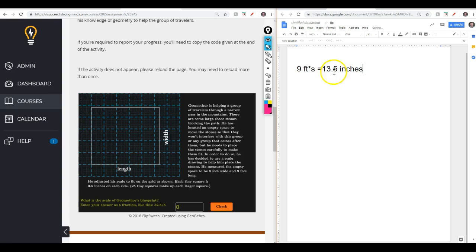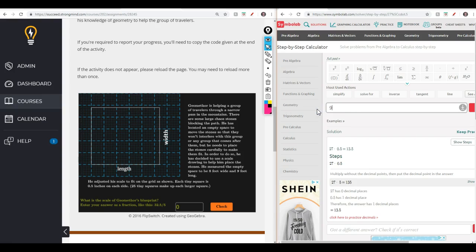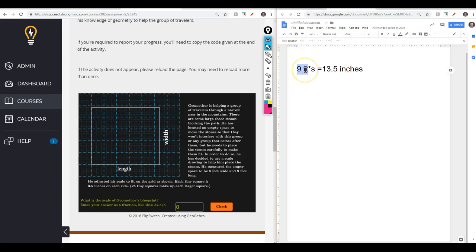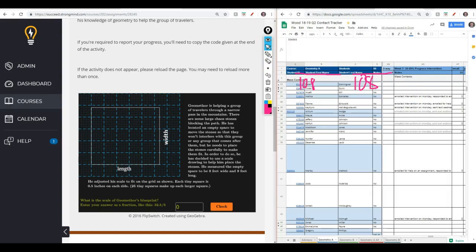So the first thing that I'm noticing when I'm setting this up is this is feet and this is inches. So I'm going to convert all to inches. So 9 feet times 12, because there's 12 inches in a foot. So there's a total of 108 inches in 9 feet. So this changes to 108 inches. And then I want to find what the scale factor is. So I'm going to divide both sides by 108 inches. And so the scale factor is going to be 13.5